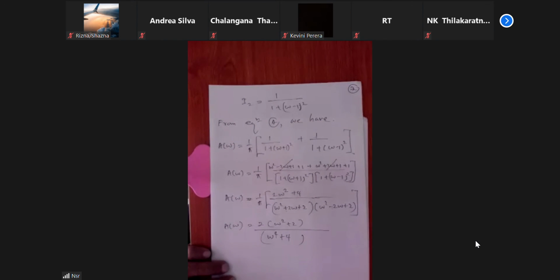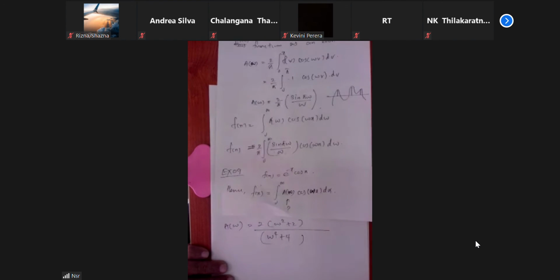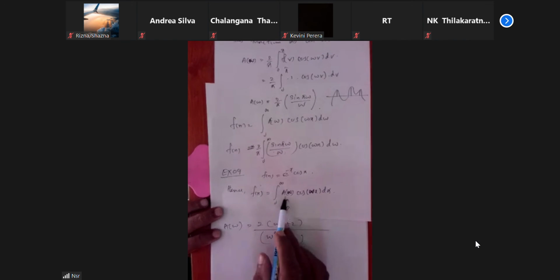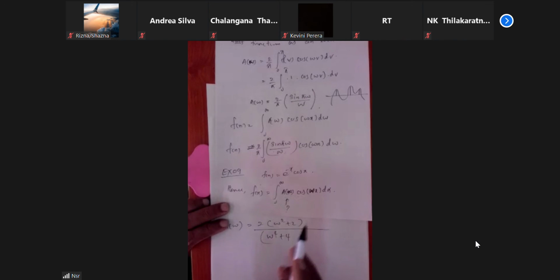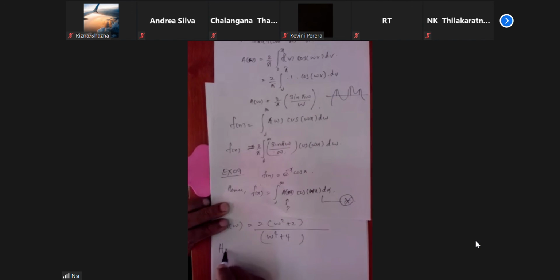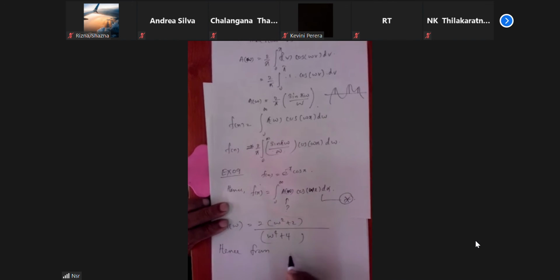So this is actually what we call the integral coefficient we receive, right? So you have to substitute that value into our transform value. What is our transform value? The integral function. So this is the integral function we have. So you have to replace the A omega now. Therefore, I denote this one as star equation. Hence, from equation star, we have,